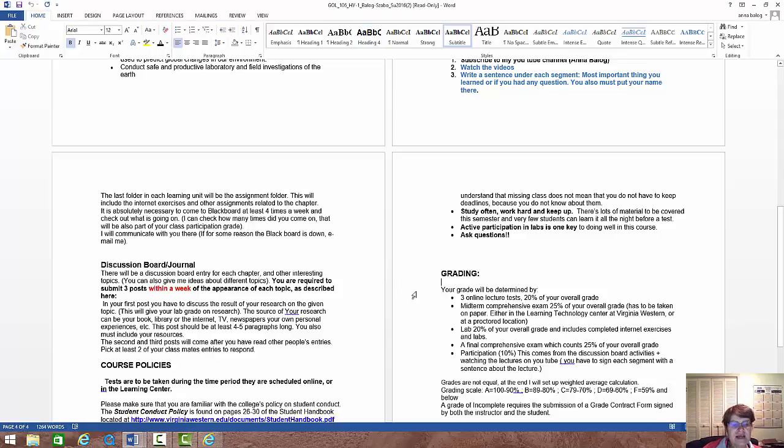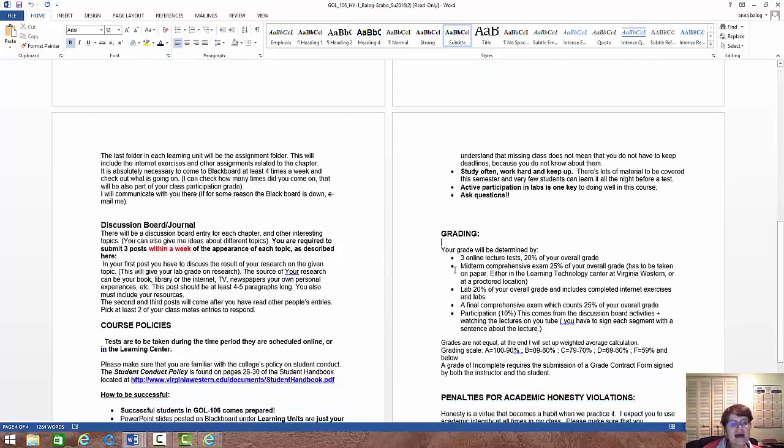Your grade will consist of 3 online lecture tests, and these are 20% of your overall grade. You will have a comprehensive midterm exam, which is 25% of your grade, and you have to take it in the learning center, and it's going to be on paper. If you're not at Virginia Western, then you have to proctor it. The lab is going to be 20% of your overall grade, and it will include all the labs, completed internet exercises,